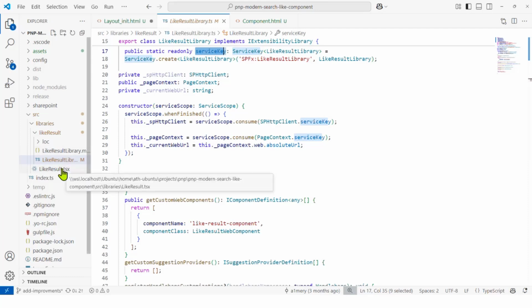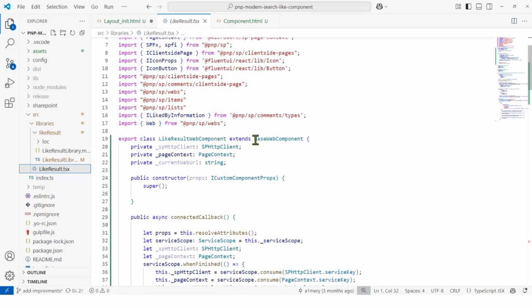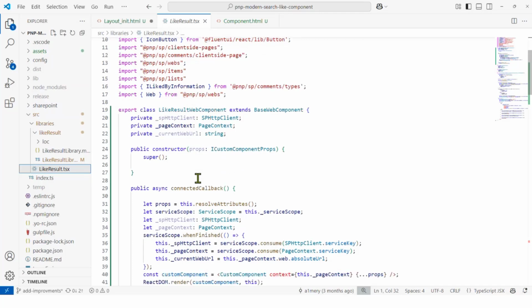So if we go to the like result web component class, as you can see here, it extends the base web component class. You have a few things to get the context.